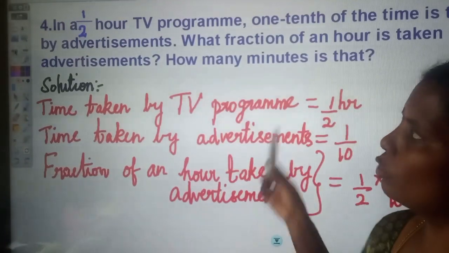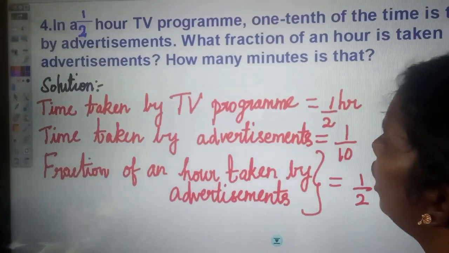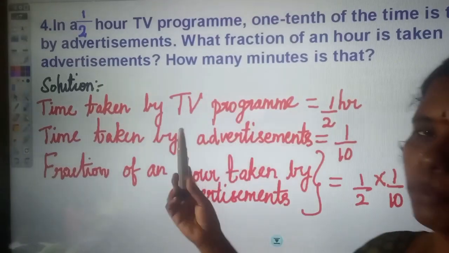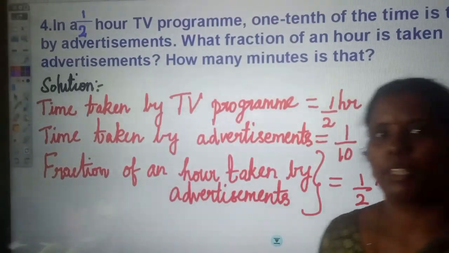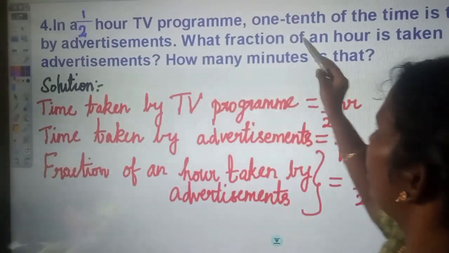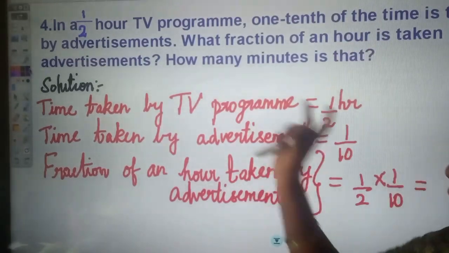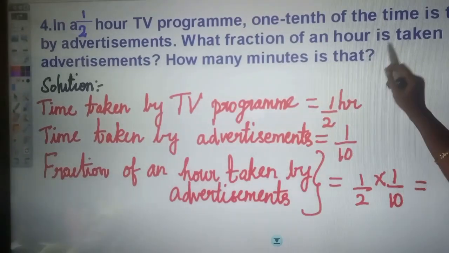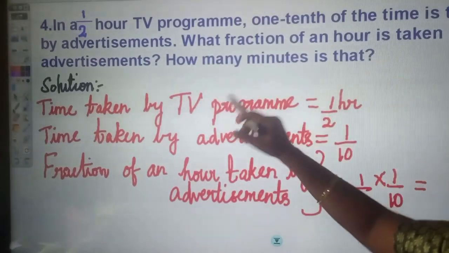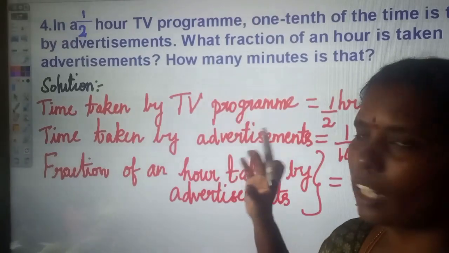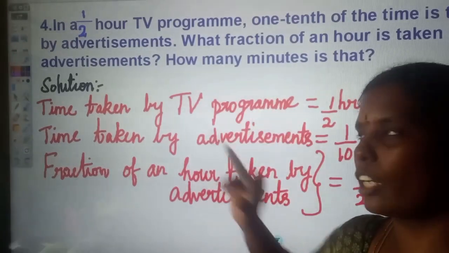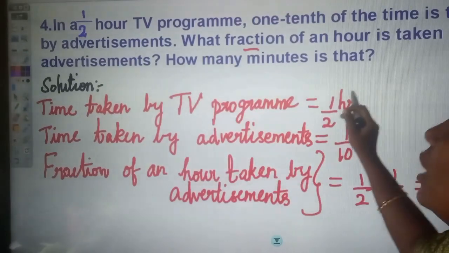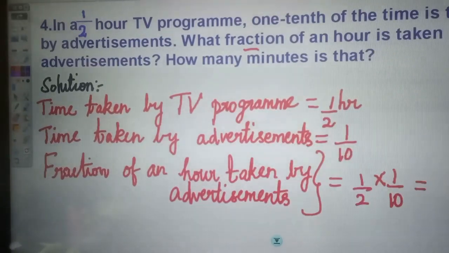ஒரு டிவி ப்ரோக்ராமா ஒரு half-an-hour டிவி ப்ரோக்ராம் அப்படின்னு சொல்லி கொடுத்துருக்காங்க. அதில் 1/10 ஆஃப் த டைம் வந்து அட்வர்டைஸ்மெண்ட்க்கு போகுது. நமக்கு எப்போதுமே ஒரு half-an-hour டிவி ப்ரோக்ராமில் அட்வர்டைஸ்மெண்ட்கே நமக்கு டைம் போயிட்டு இருக்கு சொல்லுவோம் இல்லையா? அதே மாதிரி they have given 1/10 ஆஃப் த டைம் வந்து half-an-hourல 1/10 போர்ஷன் வந்து அட்வர்டைஸ்மெண்ட்க்கு எடுத்திருக்காங்க. What fraction of an hour is taken up by advertisement? Then ஹவர்ஸ்ல அந்த அட்வர்டைஸ்மெண்ட் எத்தனை ஹவர் எடுத்திருக்கோம், ஒரு ஹவர்ல எவ்வளவு நேரம் எடுத்திருக்காங்க அப்படின்னு ஃபிராக்ஷன்ஸ்ல கேட்குறாங்க நமக்கு. Then how many minutes is that? அது மினிட்ஸாகவும் நம்மள கால்குலேட் பண்ணி சொல்லியிருக்காங்க.